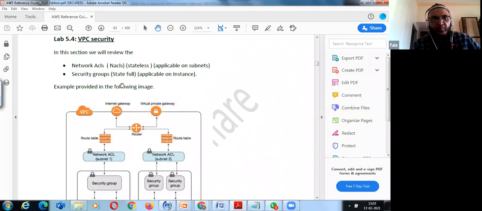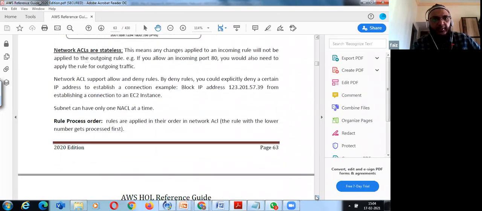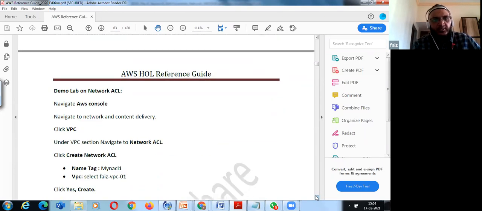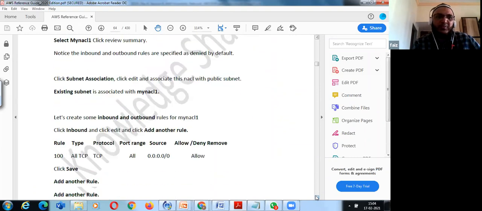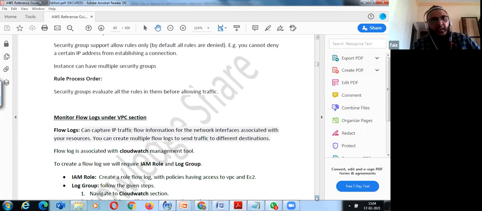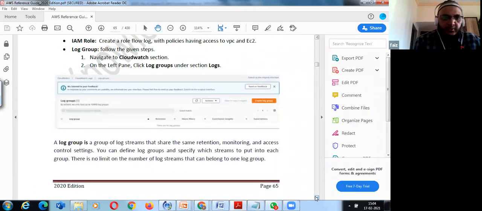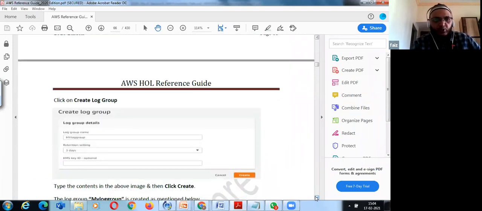And if you see your VPC section, what does it consist of? Network security, and all the concept related things are also mentioned over here, and you will always get detailed information in the AWS documentation.